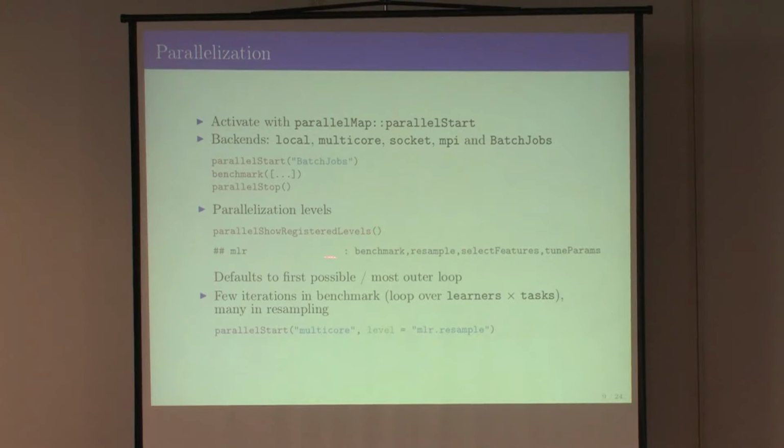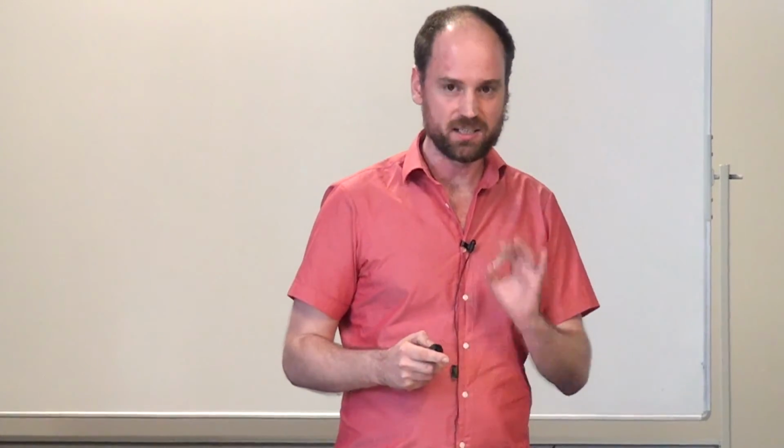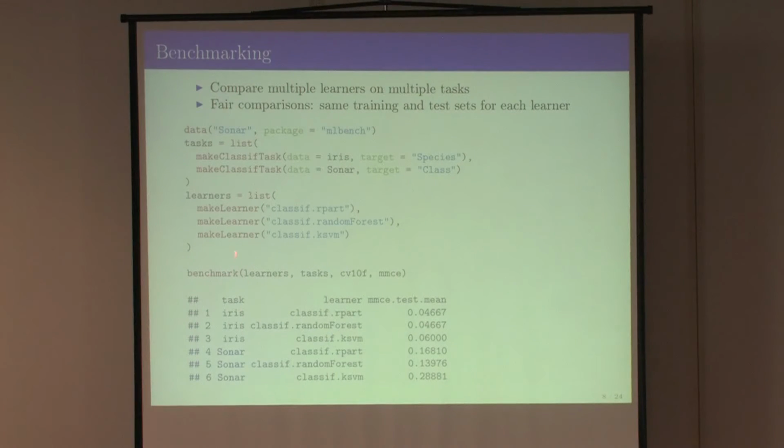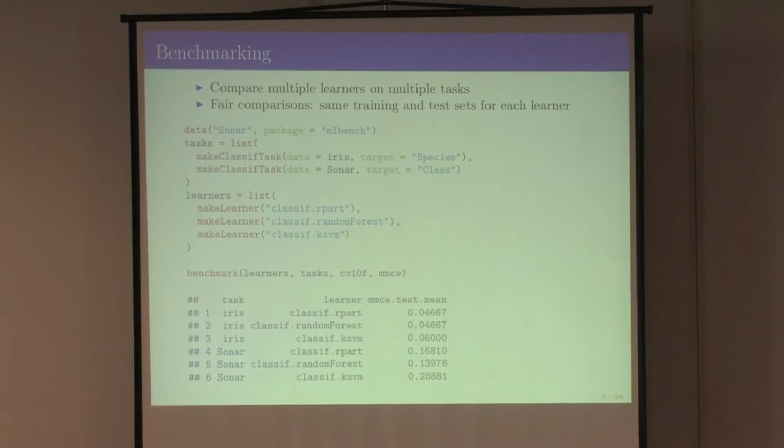Another really nice thing is, and why I actually wrote this parallel map package, is that you can tag these operations that should maybe run in parallel with names, and you can then from the outside select whether they should be parallelized or not. So look at this here, right? There are already different stages of the experiment, and depending on what you do, depending on whether you do holdout or 100-fold bootstrapping and how many data sets you have, you might want to parallelize on a different level, right?